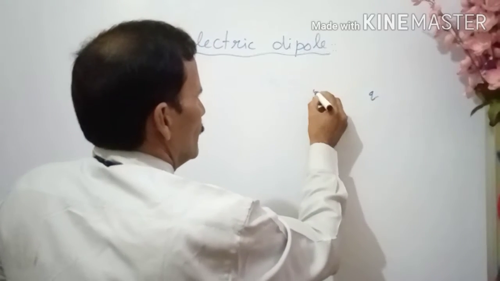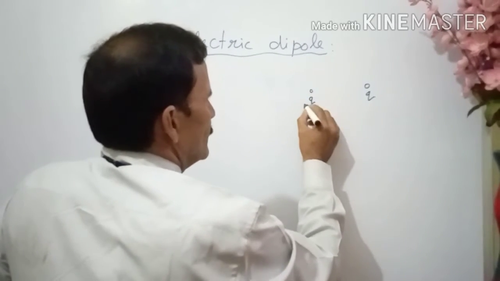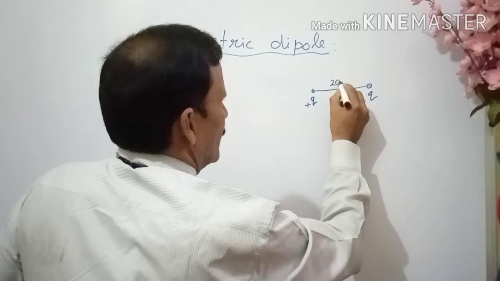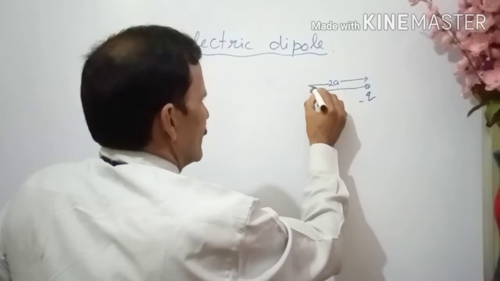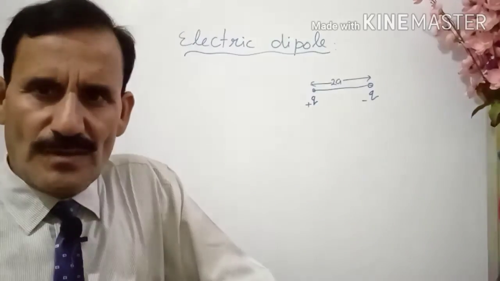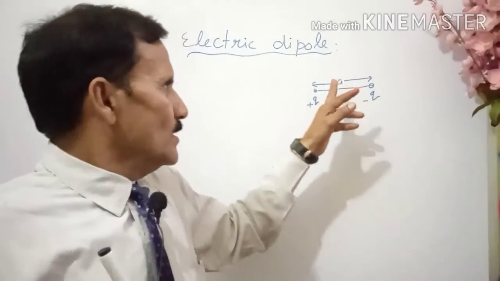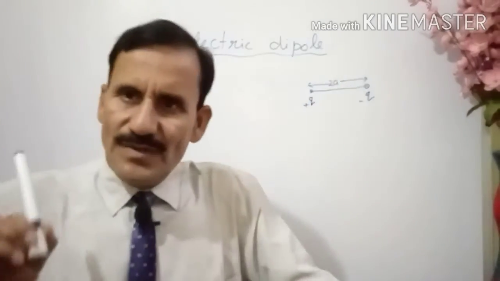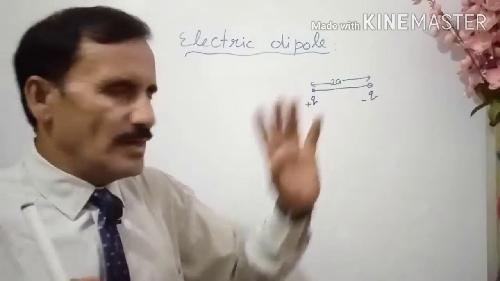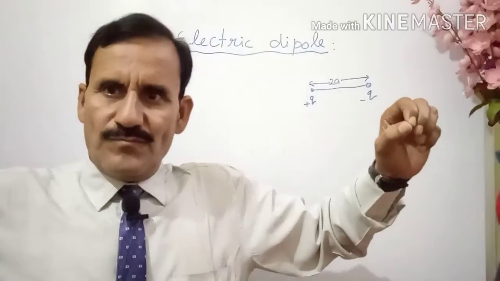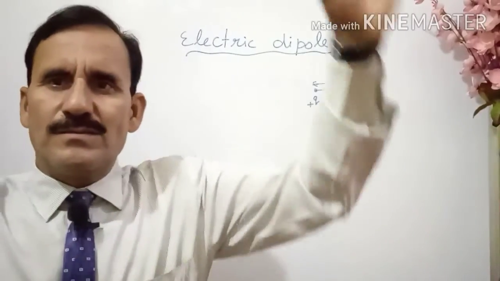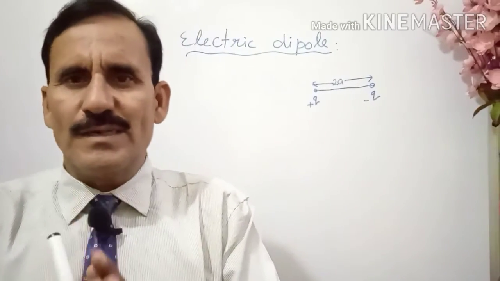and opposite. When two equal and opposite charges, suppose it is plus, it is minus, are placed at a very small distance, suppose for convenience we are taking 2a. Here a is any positive number. So 2a is very small. When two point charges which are equal and opposite, on one axis, are separated by a very small distance 2a, then that whole system is called an electric dipole.